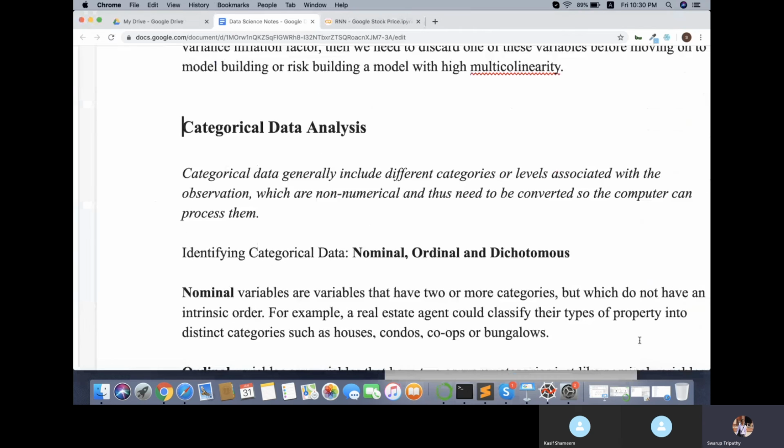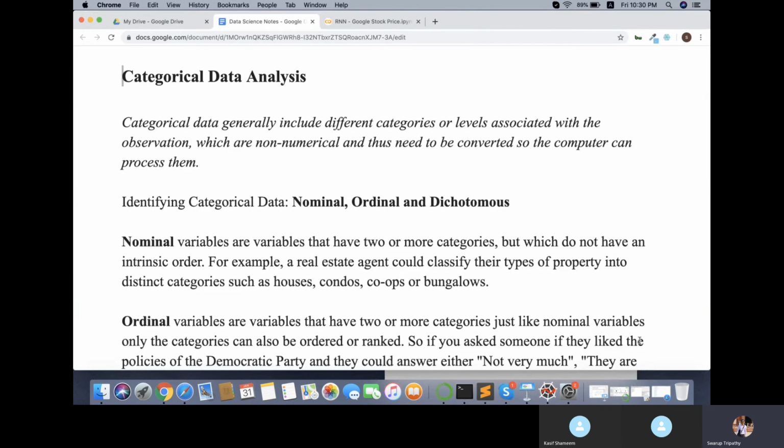categorical data analysis. Now see, we did this linear regression. In that, if you recall, our dependent variable was continuous. First we did univariate linear regression, in which we were finding out the weight of the brain based on head size. If you measure the head size, what is going to be the weight of the brain? The weight of the brain is a continuous value. Weight for most people will be different. So those are continuous values.